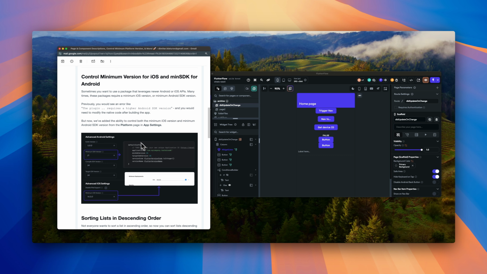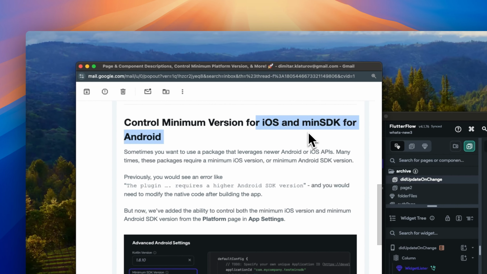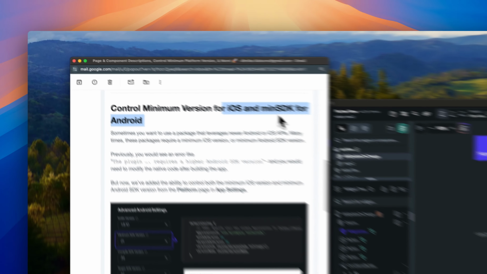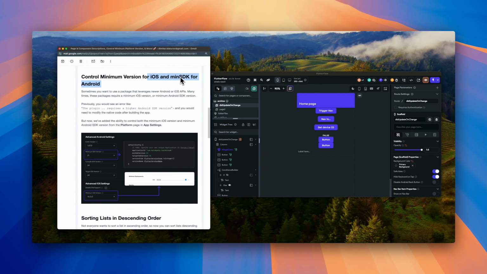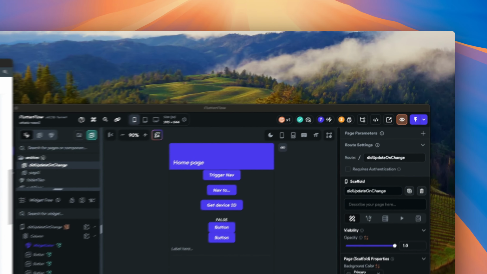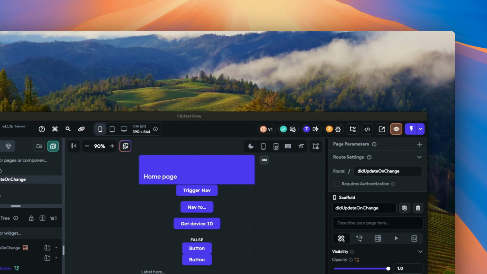And the second one, actually, it's much appreciated. The second one talks about versioning for iOS and Android: minimal version control for iOS and minimal version control for SDK for Android. And if you are wondering